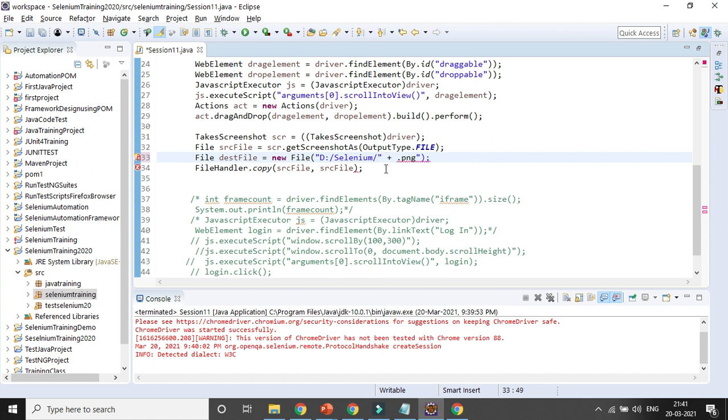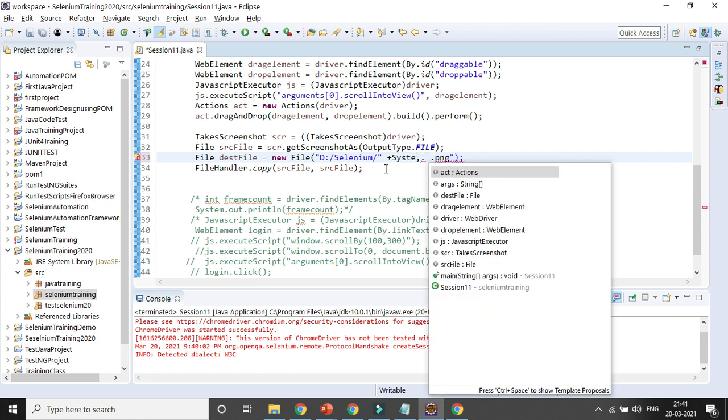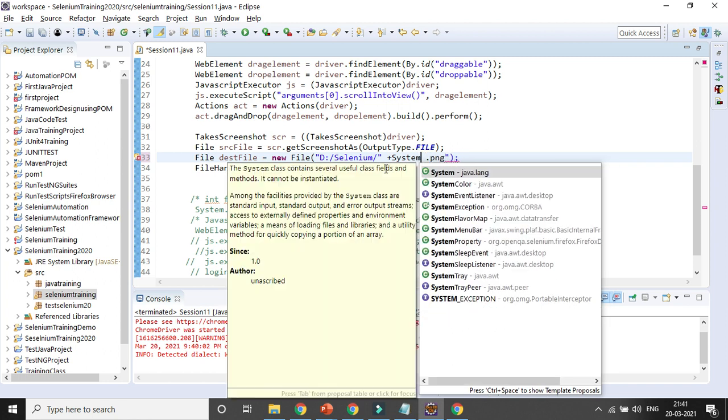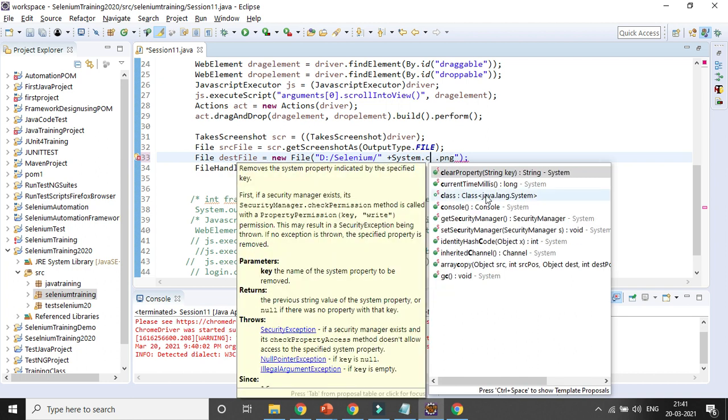So I will use a plus sign again here, plus sign, System dot current time in millis, current time in milliseconds.